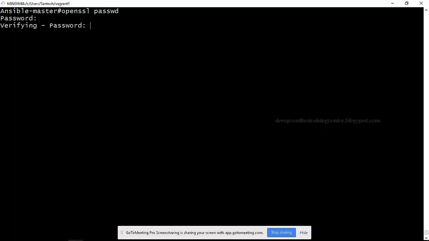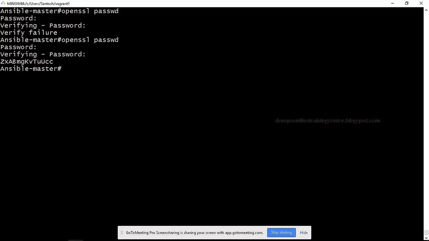I'll give root123 and root123 again. Verifying failed. Okay, root123. When we give that password, it will generate a cryptic password. So this is the encrypted form of root123. This password we can use inside the user, right? So that this password is set as root123 for the user. For confidentiality and security reasons, we can use this password.